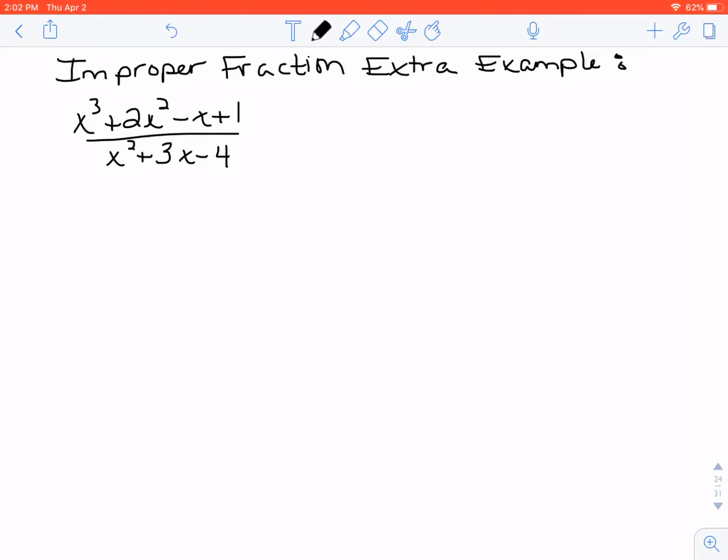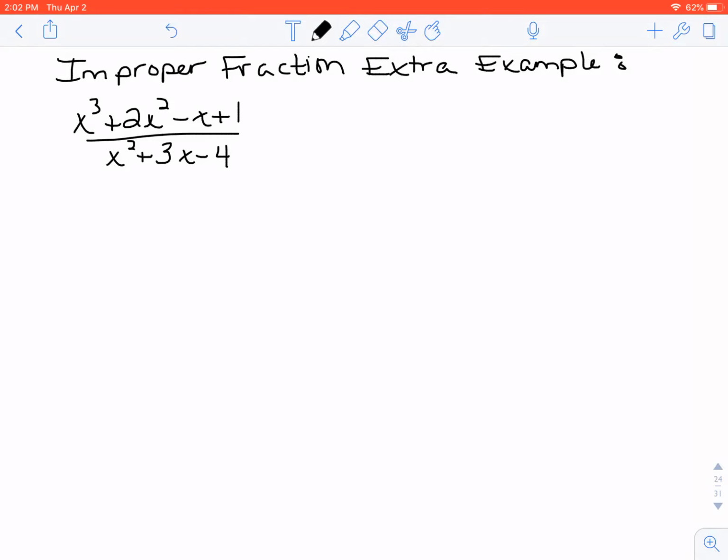I wanted to go over another improper fraction example with you. We did one in the notes on Friday, but I thought it would be beneficial for you to see another problem set up as an improper fraction. The partial fraction book review does have a few problems in it that contain improper fractions. So again, I thought it would be good for you to go through another problem just to see how that